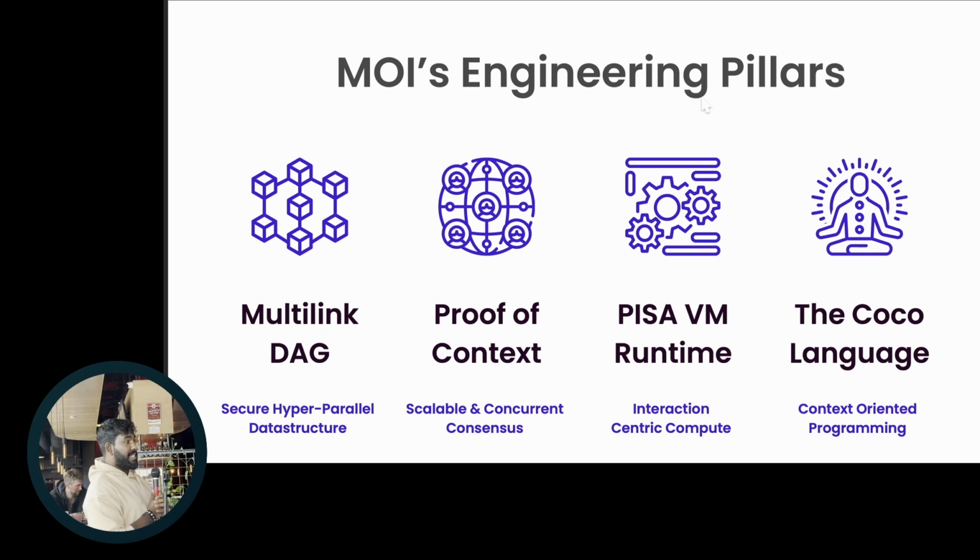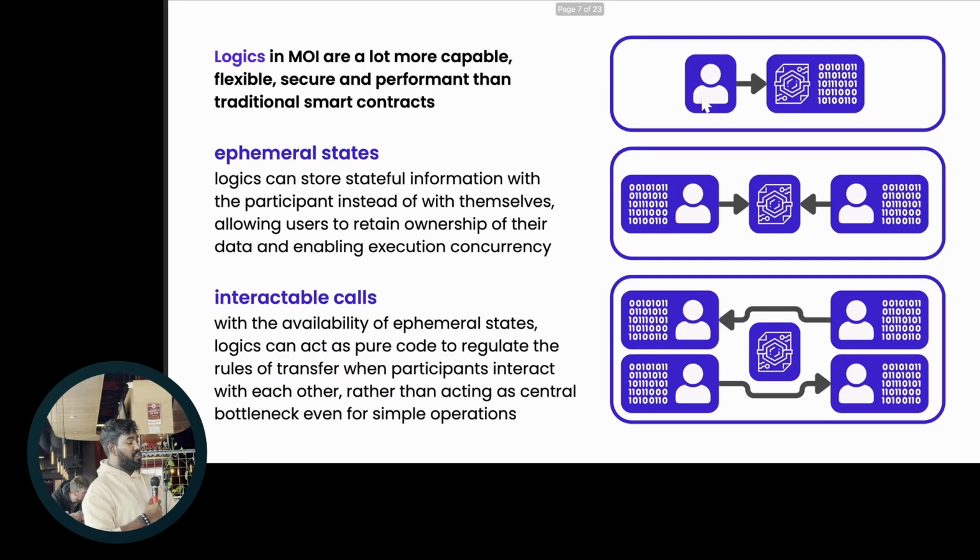Second is a consensus that works on this new data structure, right? You need a consensus that understands the concept of a participant, their behaviors, their intrinsic context for that specific interaction, and how do you achieve consensus on that, right? We talked about how do you achieve consensus, how do you make sure that the participants in the second block are safe, how do you make sure there's no double spend there, right?